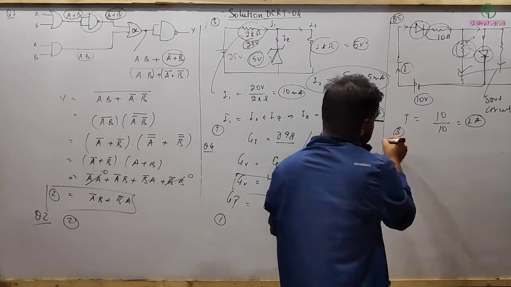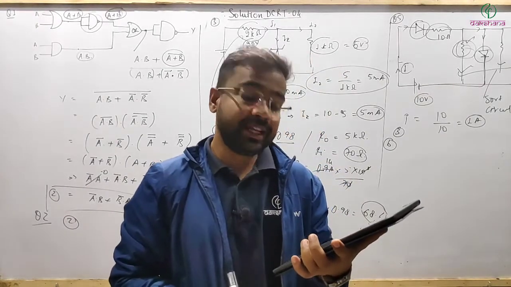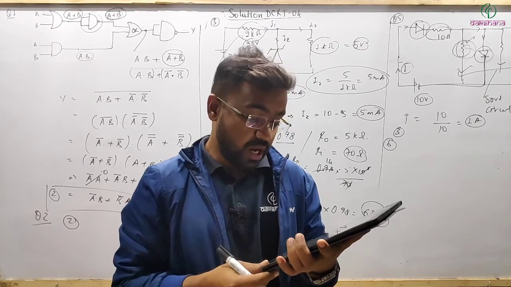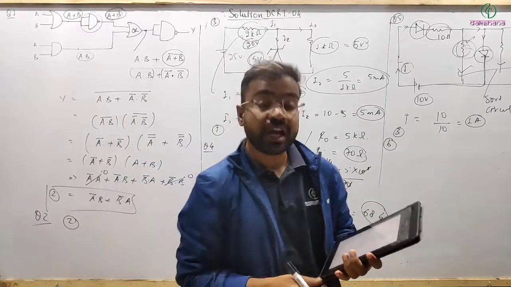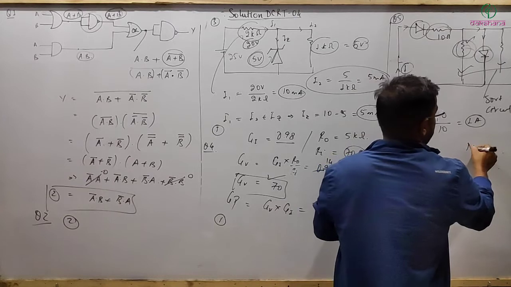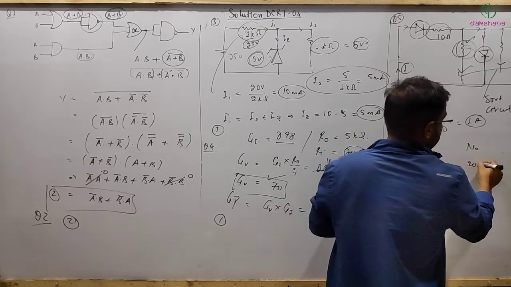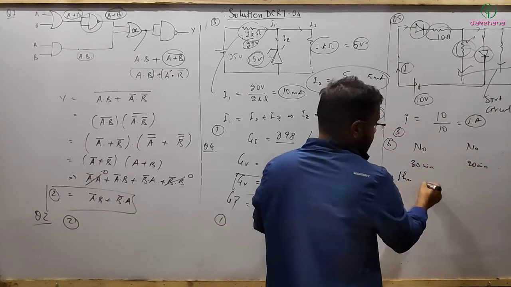Next, question number 6. The half lives of two elements are 30 minutes and 20 minutes respectively. Then after 1 hour, the ratio of remaining nuclei will be, initially both have active nuclei. So let's say both have the same number of nuclei, N0 and N0. Half lives are 30 minutes and 20 minutes. After 1 hour means 2 half lives,